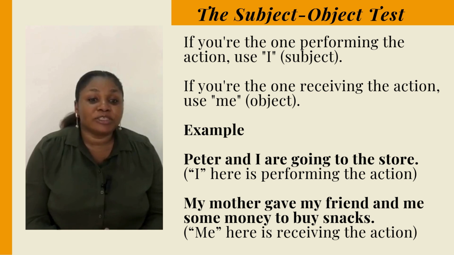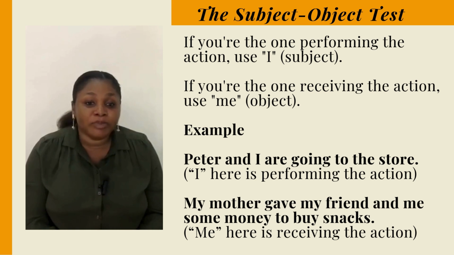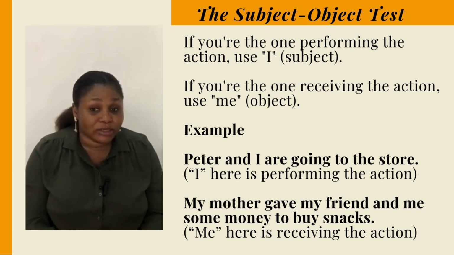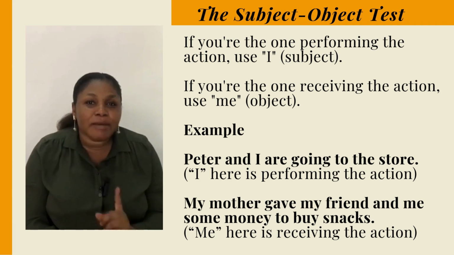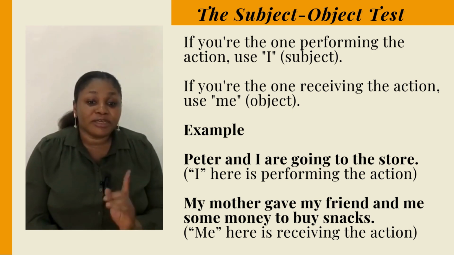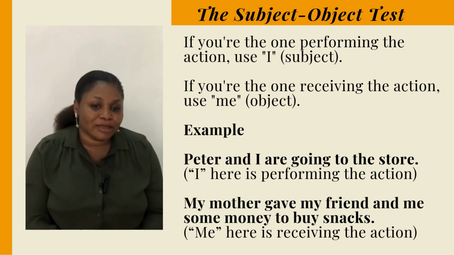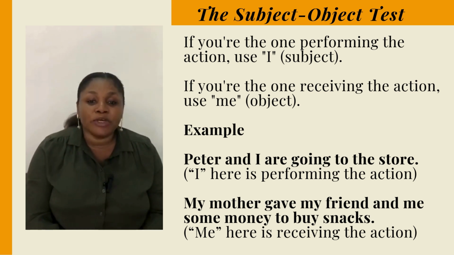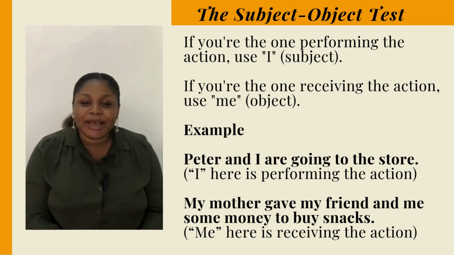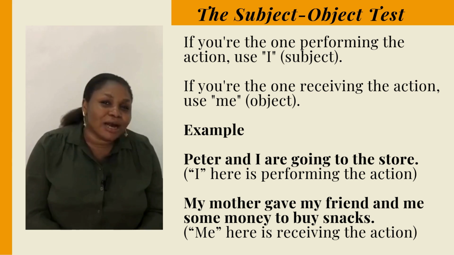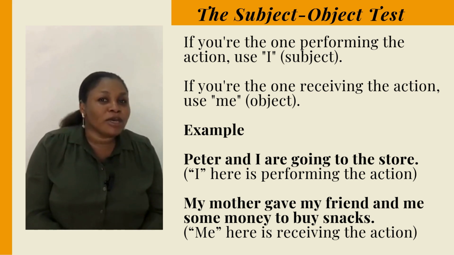The first trick we're going to delve into is the subject-object test. Now, if you're the one performing the action, you use I, being the subject. And if you're the one receiving the action, you use me, being the object. For example, our first example goes like this. Peter and I are going to the store. Now, Peter and I are the ones performing the action. So the right one to use there is I, because it is Peter and myself who are going to the